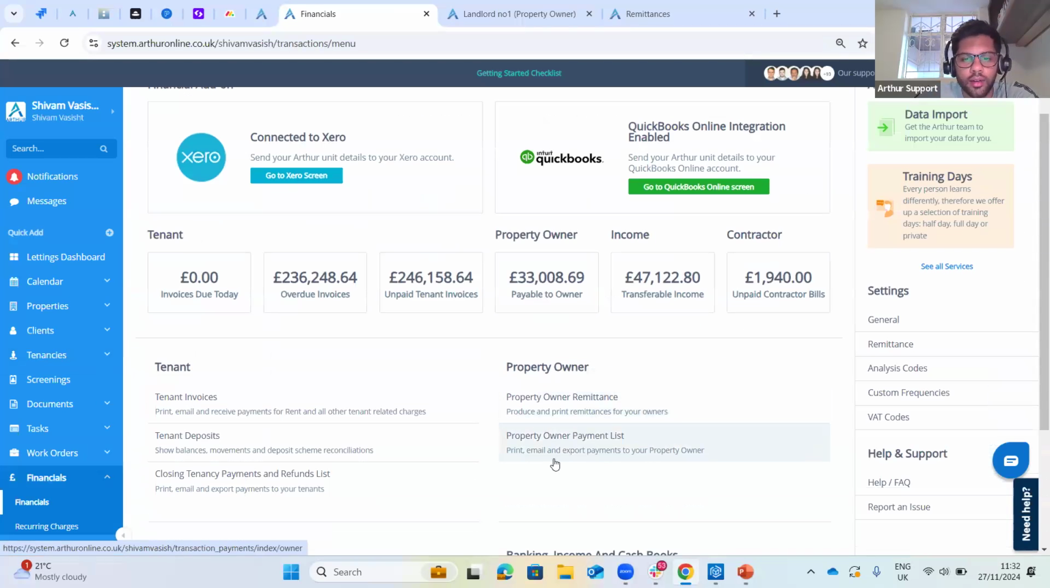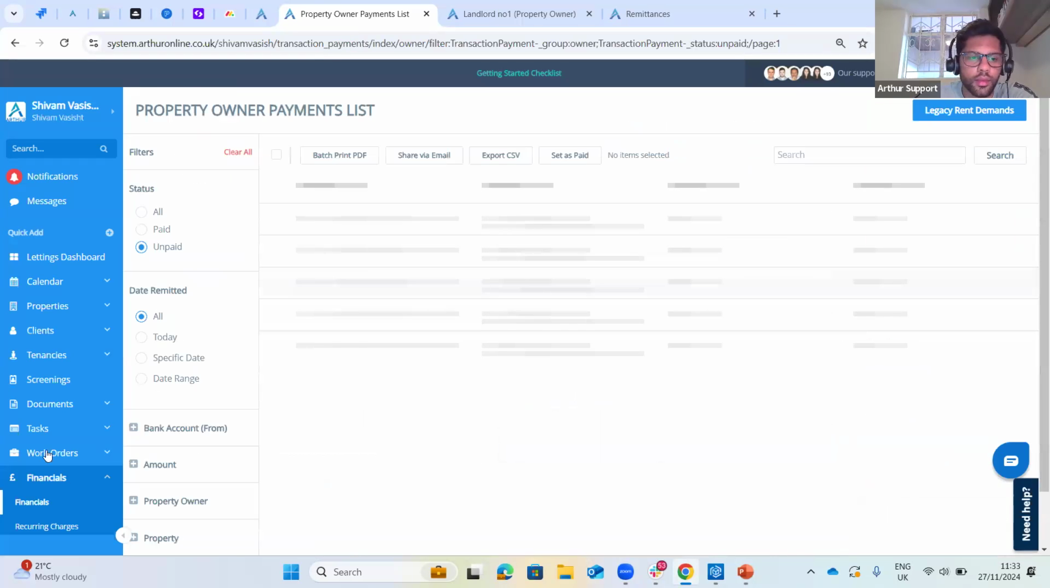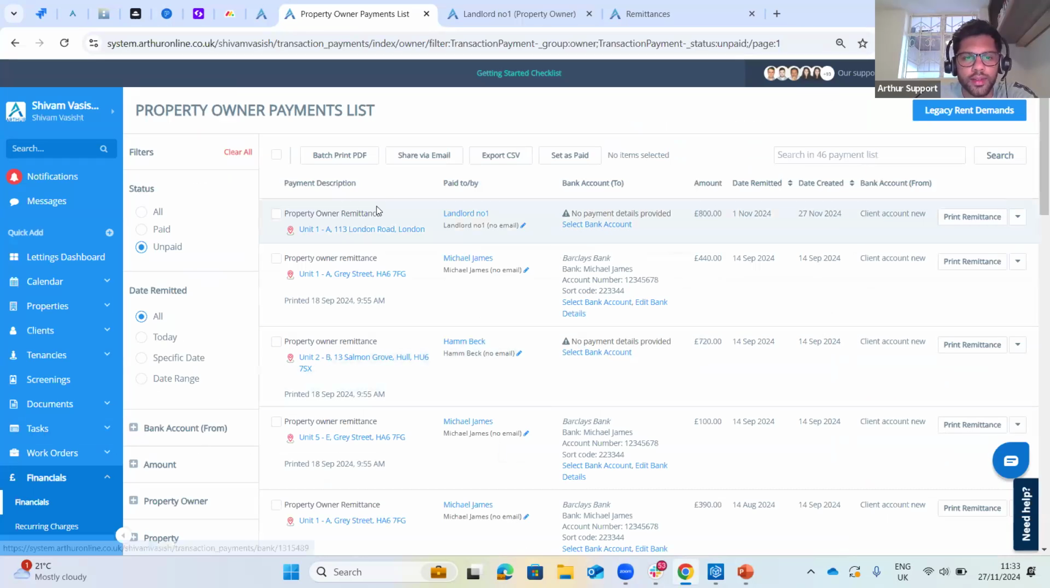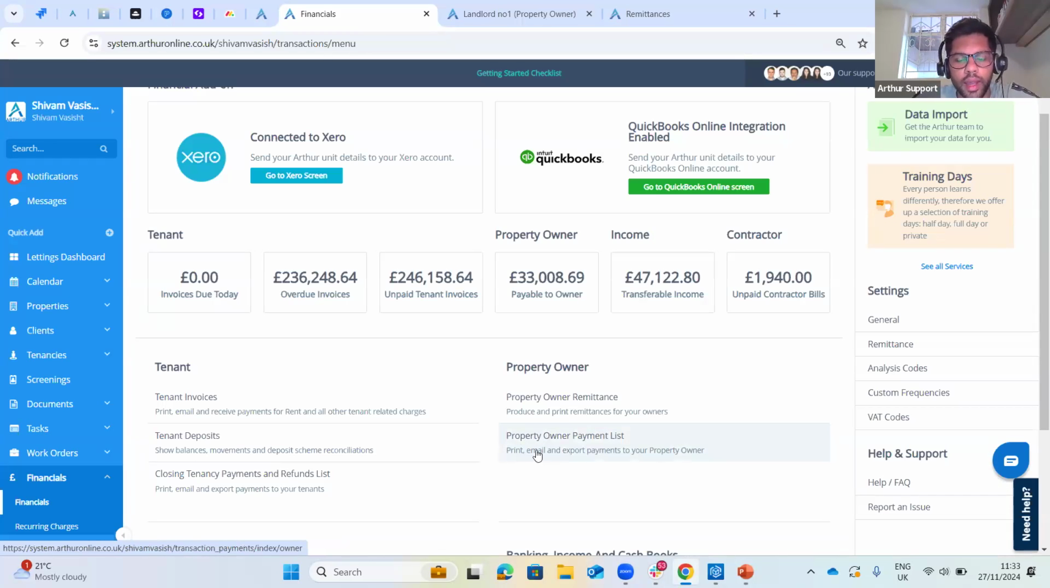In the final step now, is to go into the property owner payments list. Any remittances you process will automatically appear in the property owner payments list here. This is the screen you are processing the statements and sending the statements to the landlords. So once you've processed the remittance, the next step is now to go into the payments list